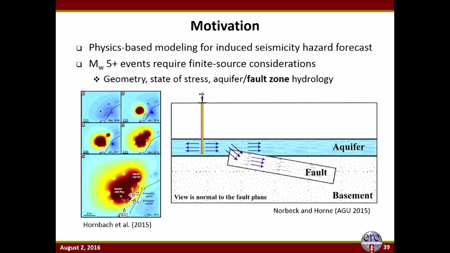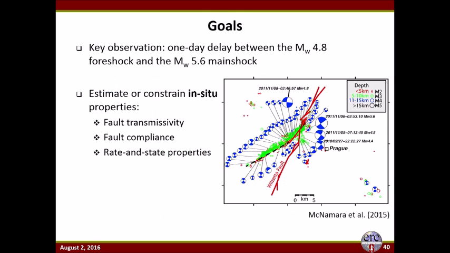But the reality of the situation is that these faults are very large, on the order of at least 10 kilometers, and they exist in the basement rock beneath the aquifers that we're actually targeting for fluid injection. So it's really impossible to use traditional reservoir engineering techniques like well testing to try and get at what some of these properties may be. So I attempted to use modeling to get at this issue.